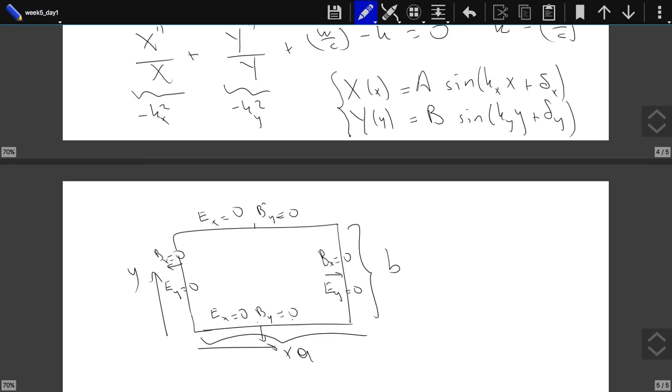Yes? Well, they are the same thing. This Ex is equal to 0 is the same thing as By is equal to 0. They are equivalent conditions. In this TE wave,